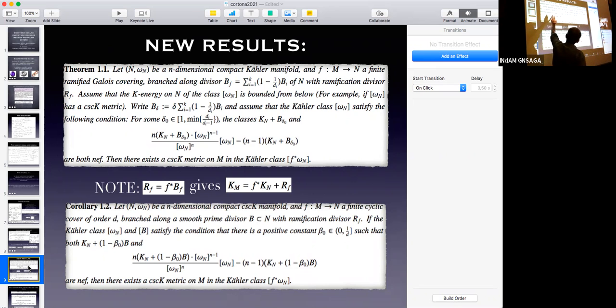Up to now I always said that on the base manifold I assume there is a constant scalar curvature metric. Actually, it's enough to assume something a bit weaker, like the fact that the K-energy is bounded from below. Of course, if it has a constant scalar curvature metric, it must be. And then, to guarantee the existence of the constant scalar curvature metric, what we ask